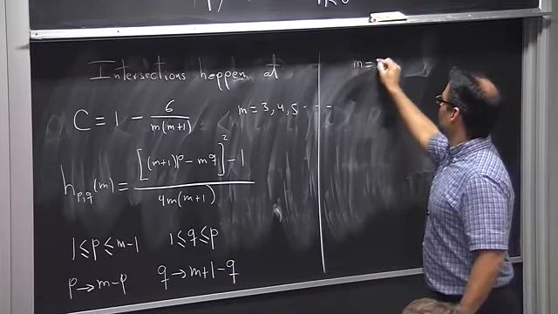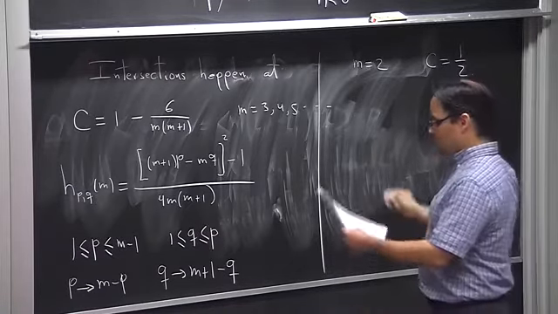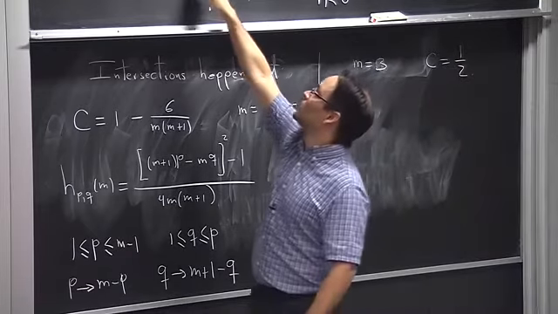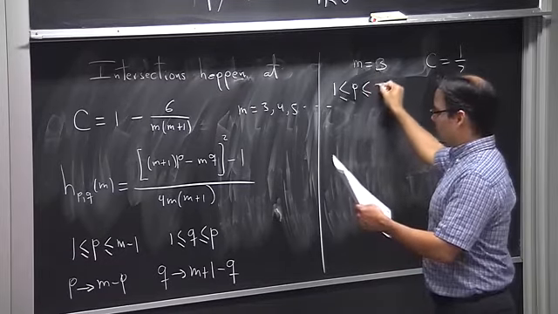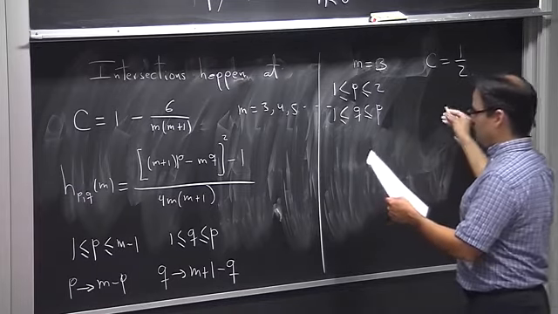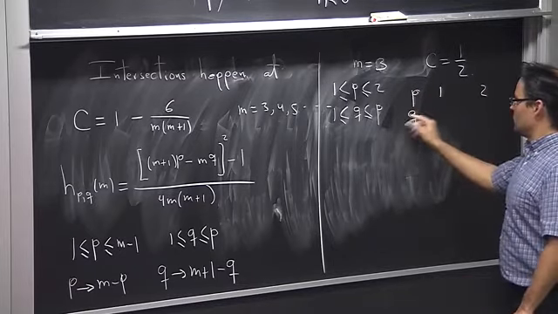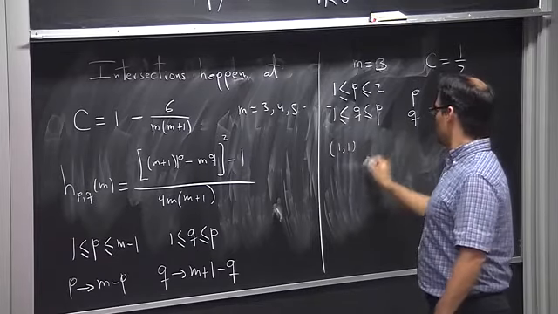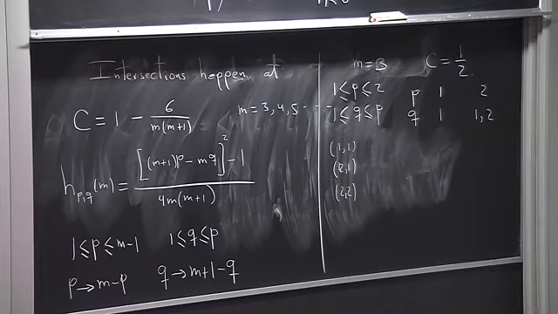So let's see what happens for m equals 2. M equals 2 is precisely the point with c equals a half. Okay? So for m equals 2, we see that we have... m equals 3. M equals 2 is trivial, actually this point with 0 central charge. So for m equals 3, we have these conditions, right? So what are the possible cases? Well, p can be 1 and 2, and for q, when p is 1, it can only be 1, but when p is 2, it can be 1 and 2. So we have 1, 1, and we also have 2, 1, and 2, 2, right? But by the symmetries that I told you,